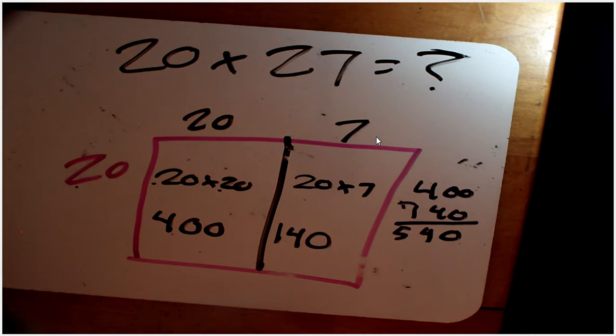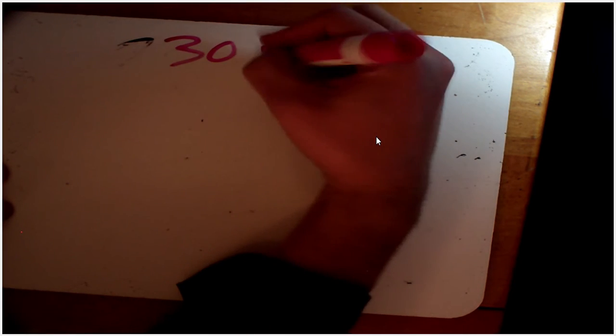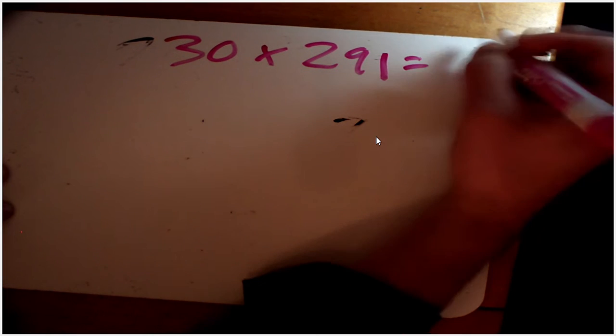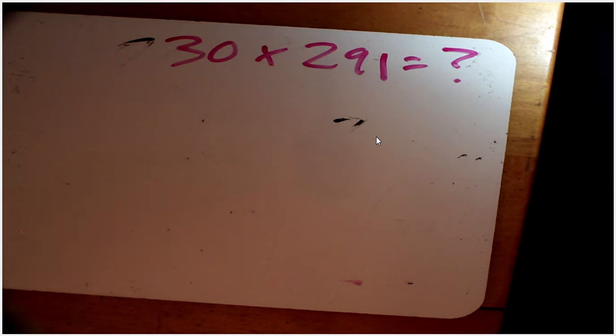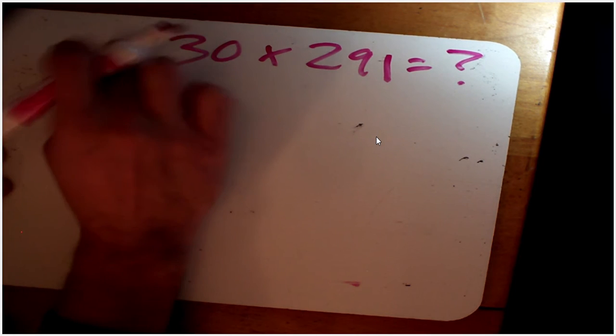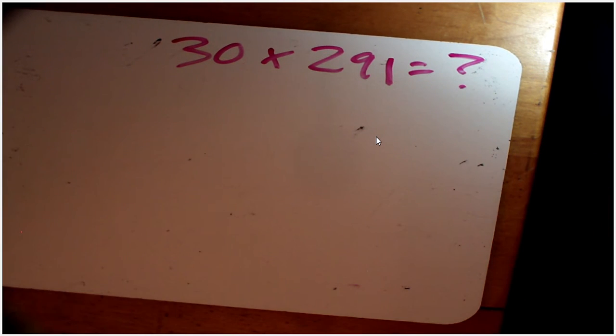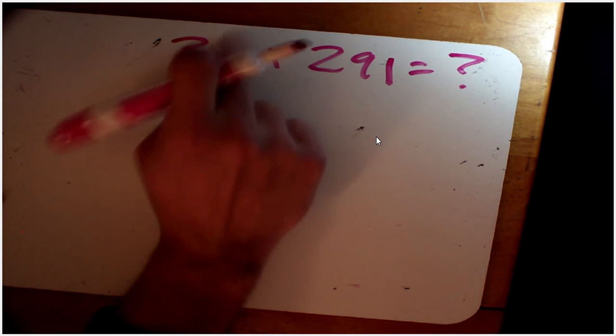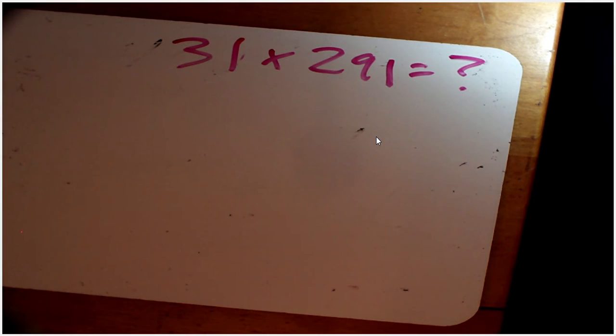What if I give you a 3-digit problem? Let's try, and you know what's interesting? You don't have any 3-digit problems in this book when I look over your work, but let's try 30 times 291. 30 times 291 equals some number. If you were going to do partial products with this, you would have so many steps, and it would be very hard to organize. Now, if this number was like a 31, you can't use this method efficiently